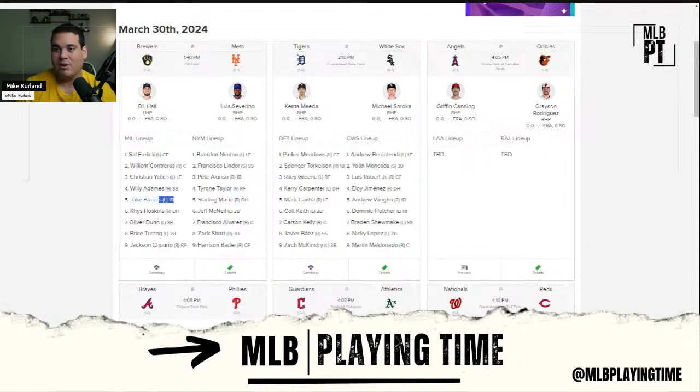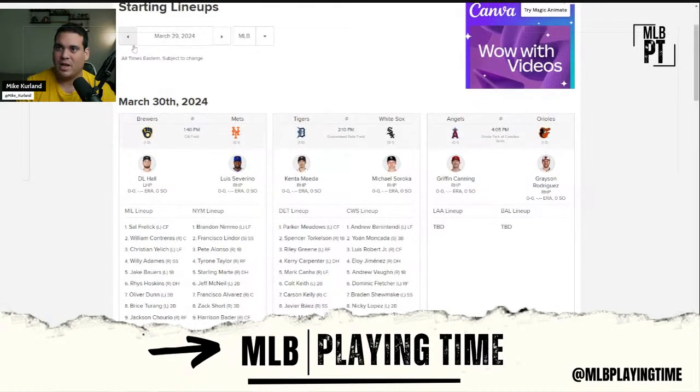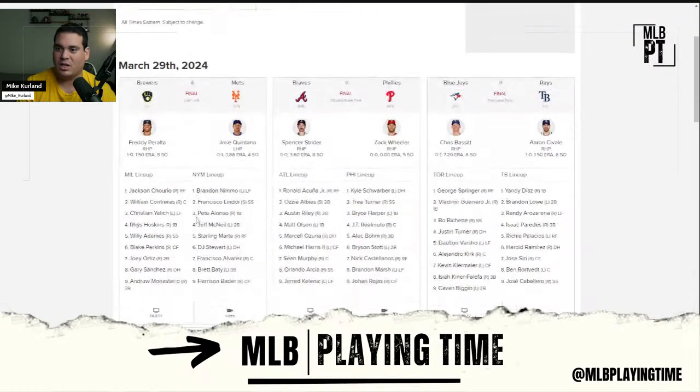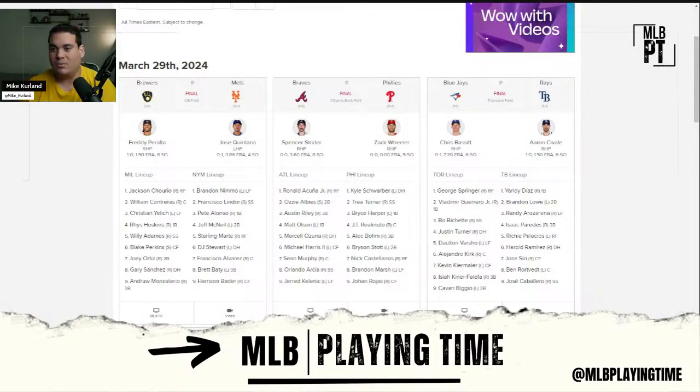Jake Bauers, we already had him plugged in as a strong side platoon guy. I think you'll see almost a platoon of him and Gary Sanchez. Sanchez playing catcher, giving Contreras the chance to DH against righties or lefties. Yesterday, as you saw, Sanchez DH'd, but as time goes on, Contreras gets his rest days to keep Contreras in the lineup and towards the top of the lineup. At that point, you'll see Sanchez come in and catch, but putting Sanchez in against lefties, Bauers against righties, kind of a pseudo platoon there. A weird one. You don't usually see a catcher at first base, but this is one of those teams that is going to be changing things up as they go.